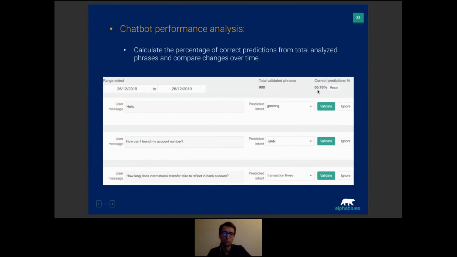Whenever I press the green validate button, then with the predicted intent, the prediction rate goes up. When I change the intent and I validate, the prediction rate goes down. So then I can measure how good the bot is at predicting. And over time, as you get started with bots, in the first, I would say, 1 or 2 months, you collect user messages and train them, but after a while the bot reaches a good proportion of its maturity and becomes accurate enough to have high prediction rates.